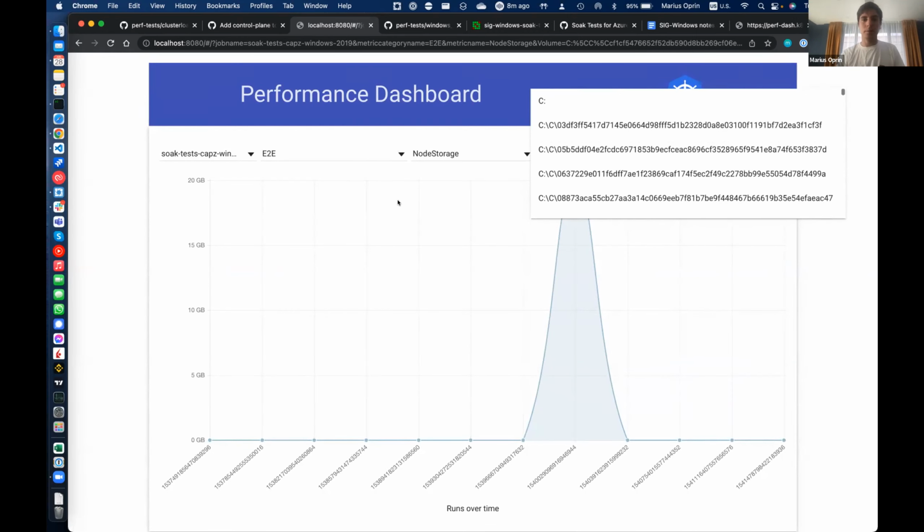And yeah, it's collecting the metrics from this file, and then there is a job where you set some tags regarding the perf dashboard, where you want them to be displayed, and eventually they will be displayed here as a Windows soak test.